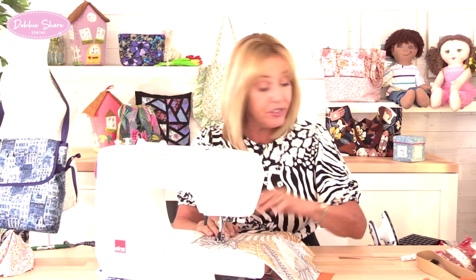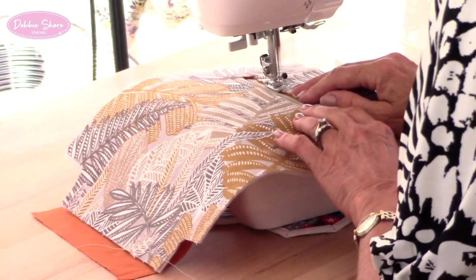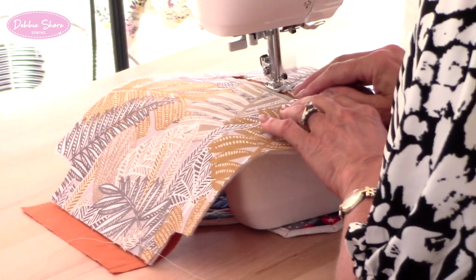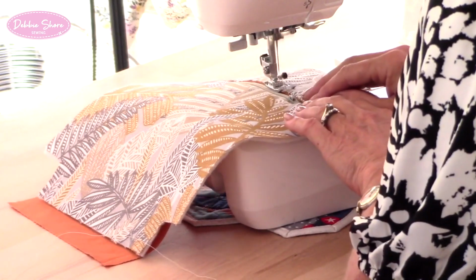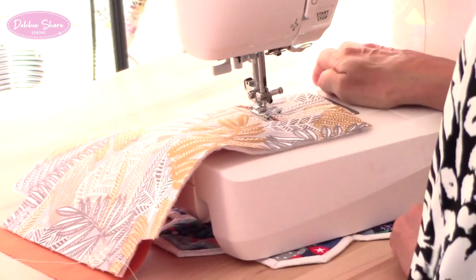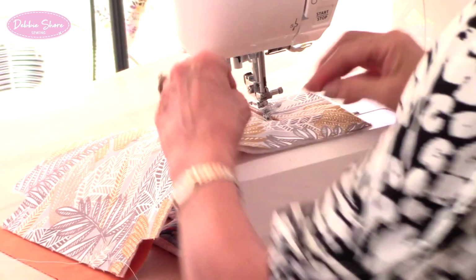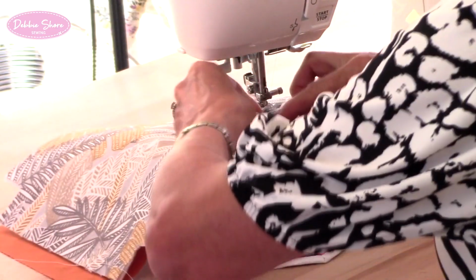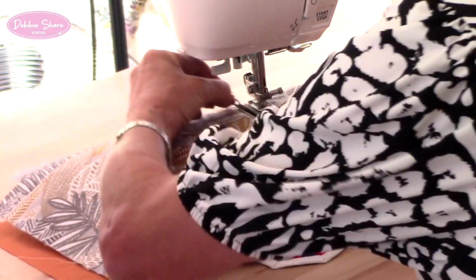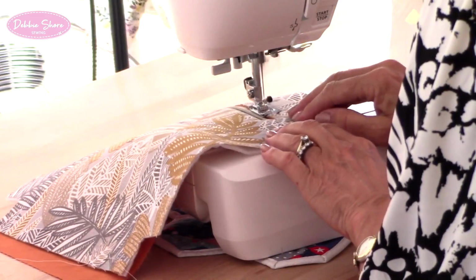And you can, if you want, extend or lengthen your stitch a little bit as you sew around. And again, try and keep this nice and neat and straight. This is going to be visible on the outside of the bag, so that's quite important. When I'm approaching the slider here, I'm going to leave the needle in the down position, lift the foot up. Some machines have an extra high presser foot lift, which helps. Let's take the zip slider and just move that out of the way of the zip, of the seam, sorry, and then carry on